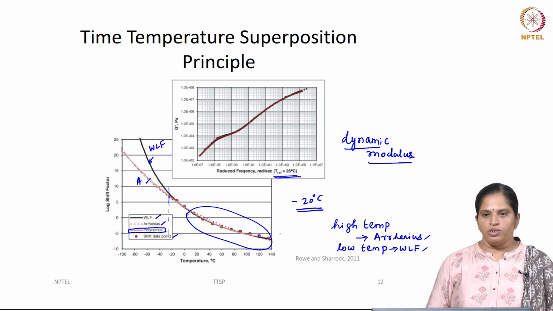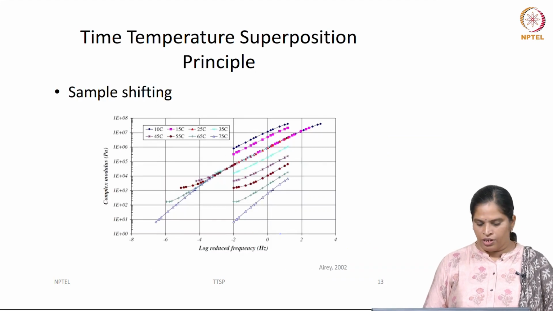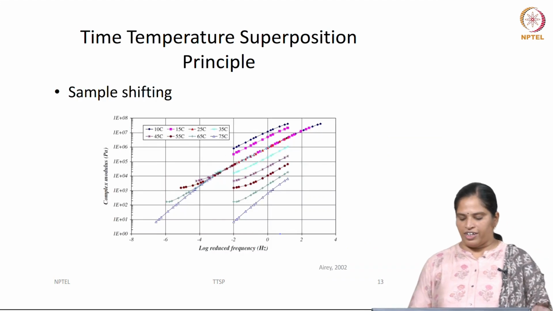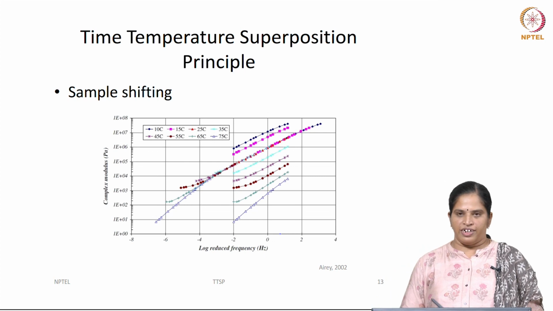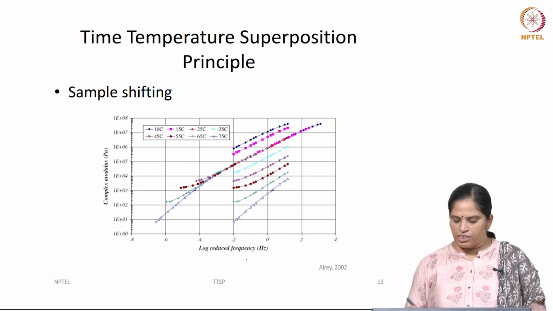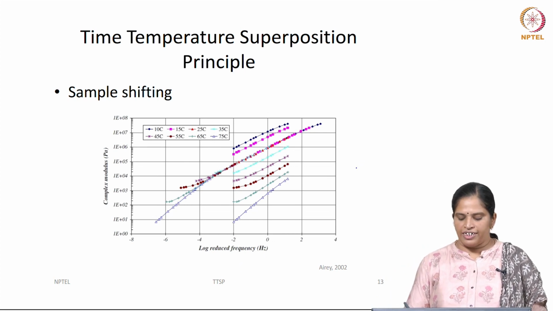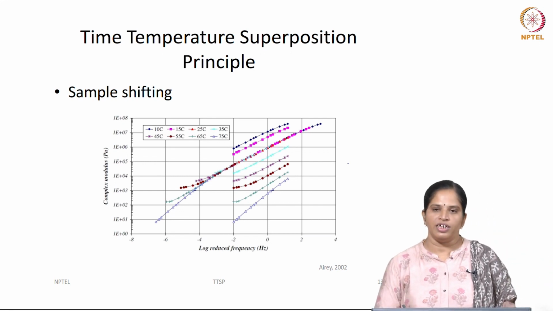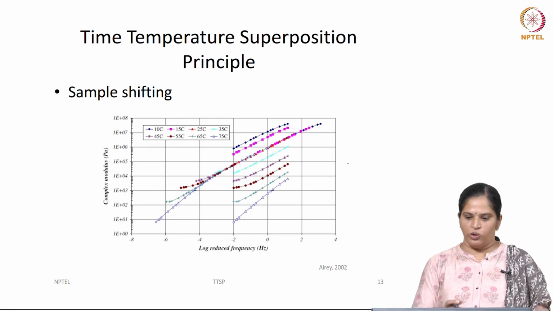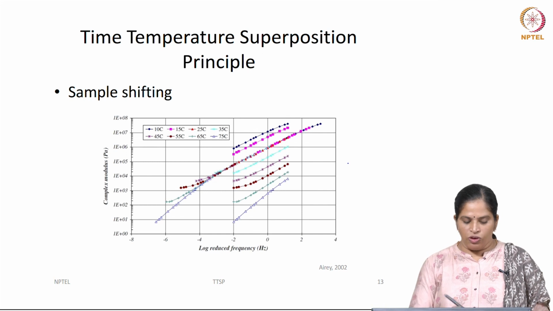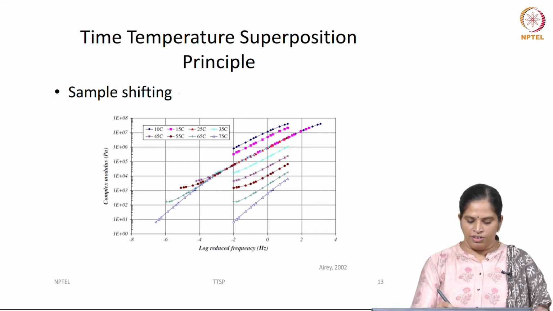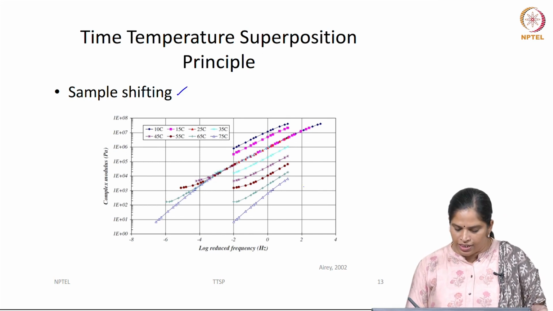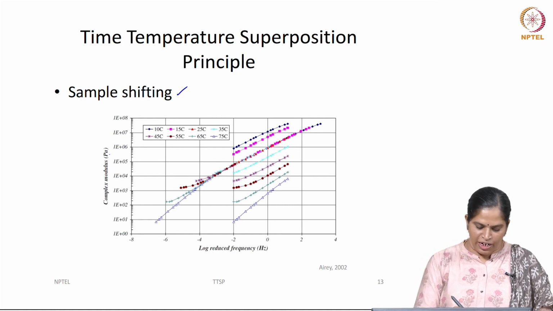So, now we know how to calculate the shift factor. So, after calculating the shift factor, how to shift the data? As I mentioned earlier, we shift the data only horizontally, only on the x scale and not on the y scale. Now, if you look into this typical example of shifting, you have this dynamic modulus,